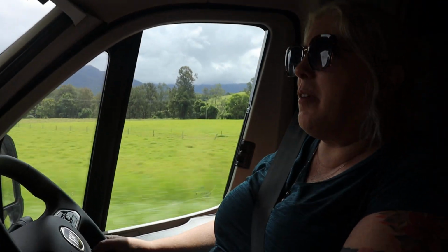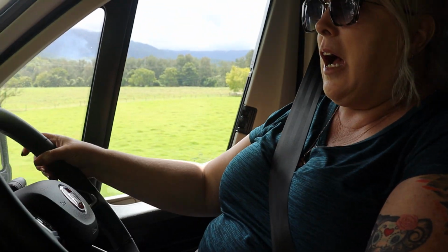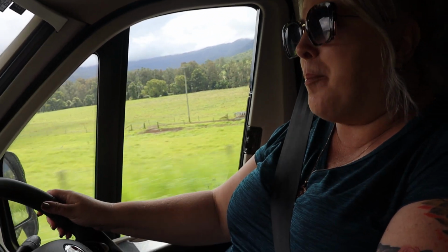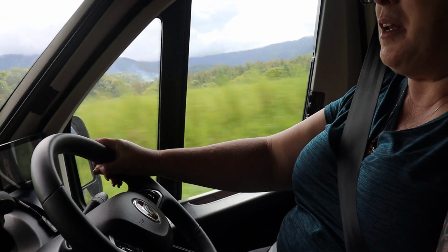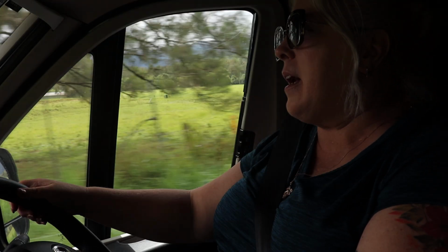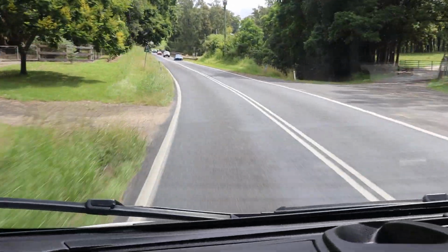All I was going to say is we're actually driving along beside the Bellingen River, which is absolutely beautiful. Bellingen's a real quirky little town at the base of the mountain. So before we started the video, we drove through Bellingen. A bit of a hippie feel to the town. But yeah, look, really arty and lots of arts and crafts and great coffee, great little shops there, good showground that you can camp at, and also